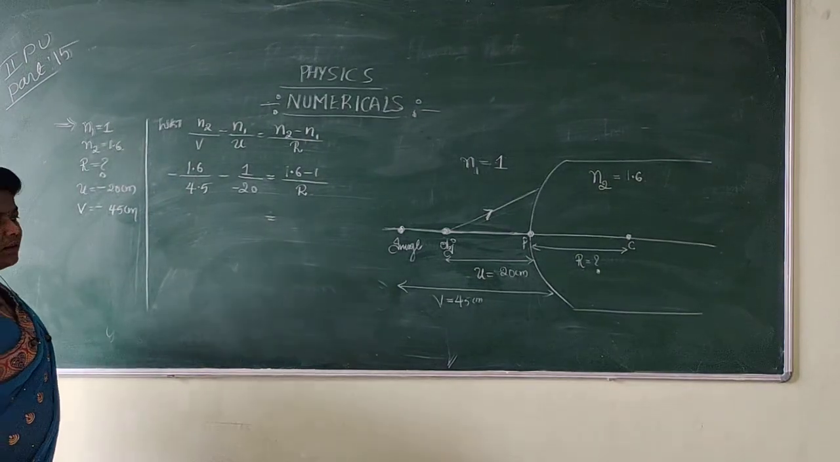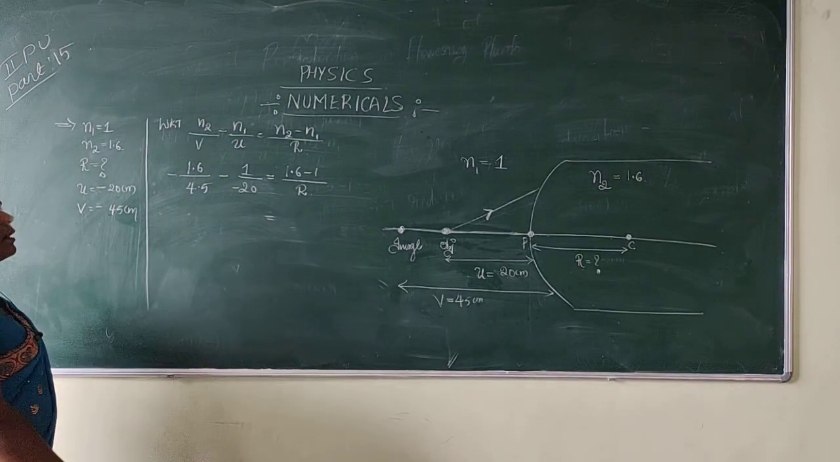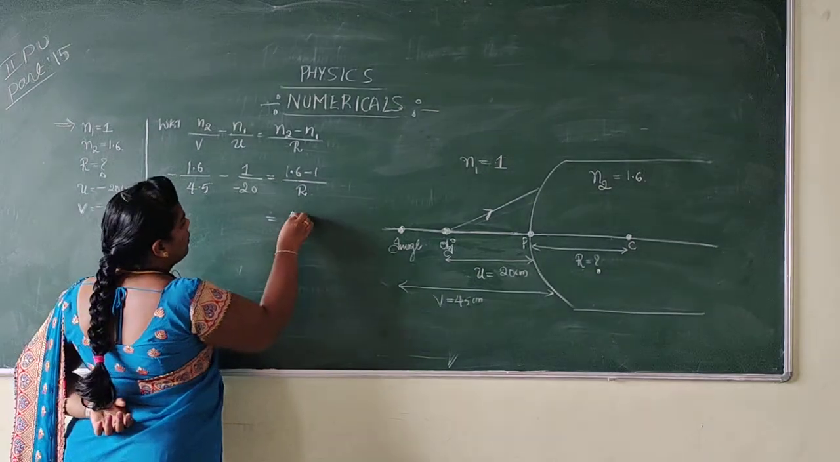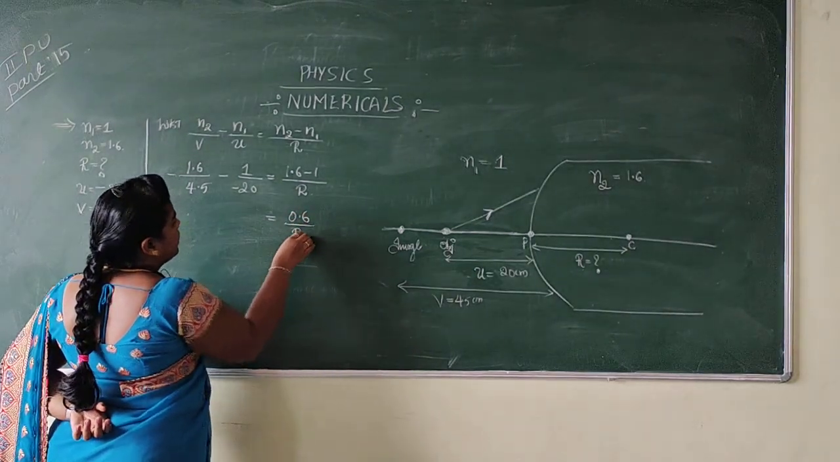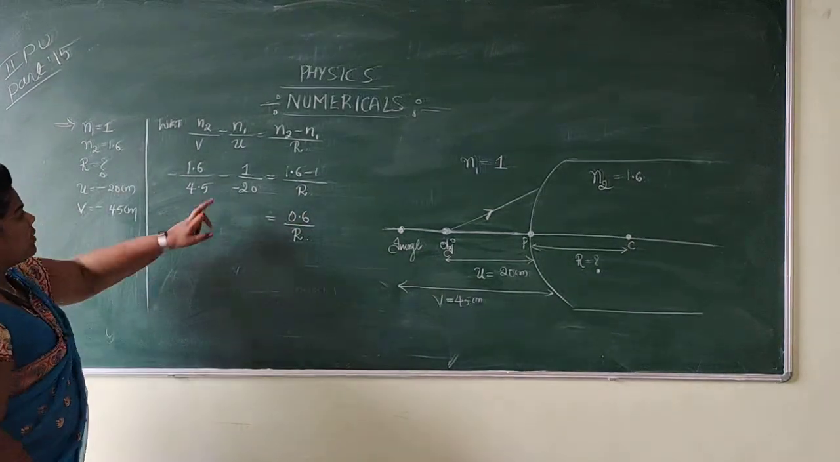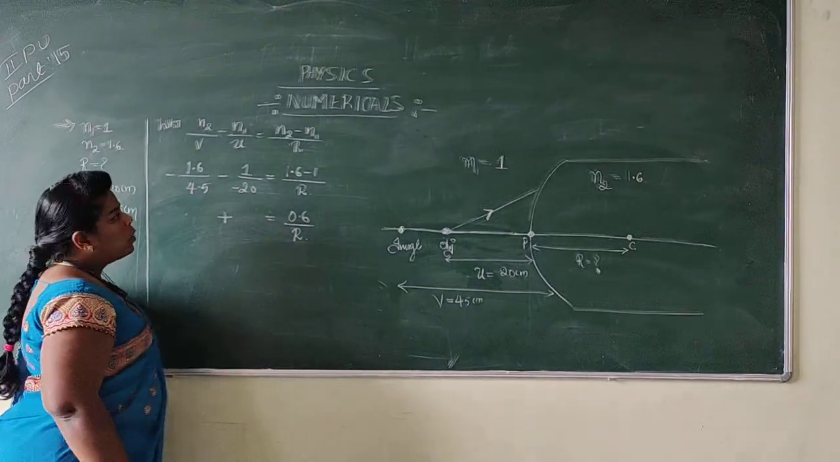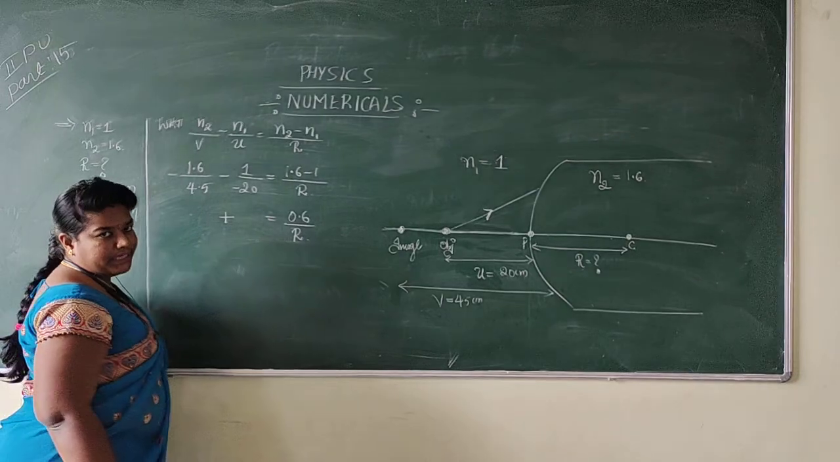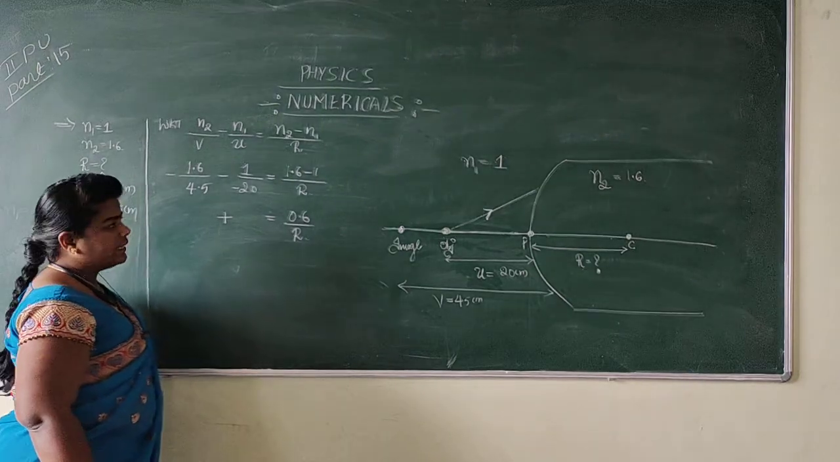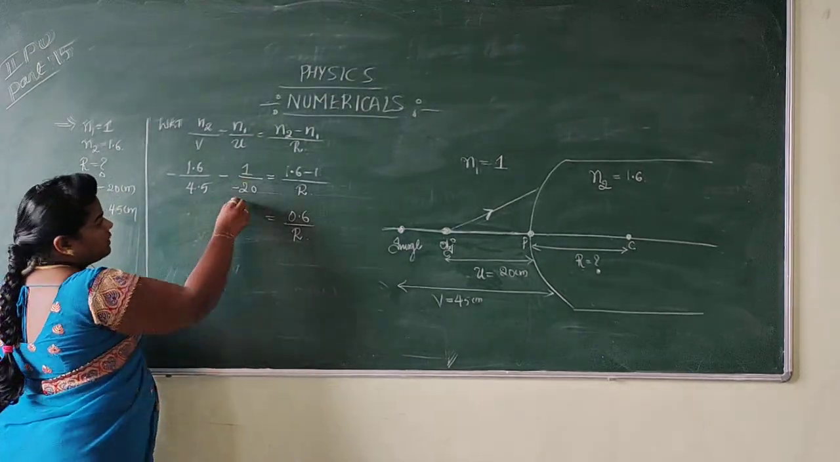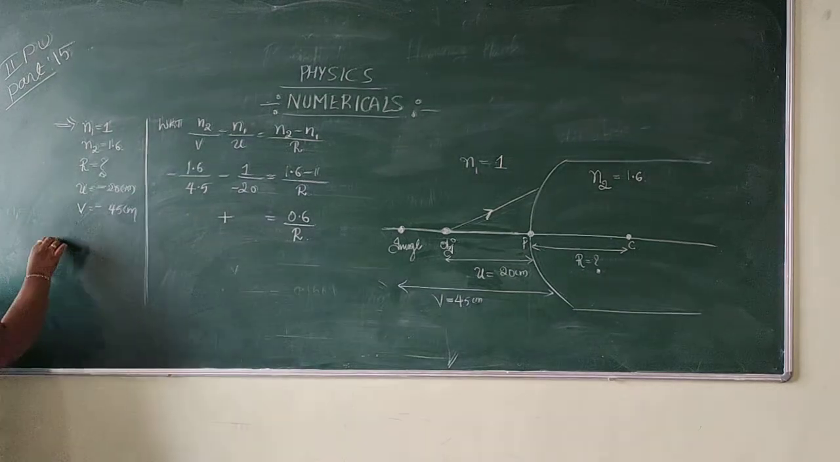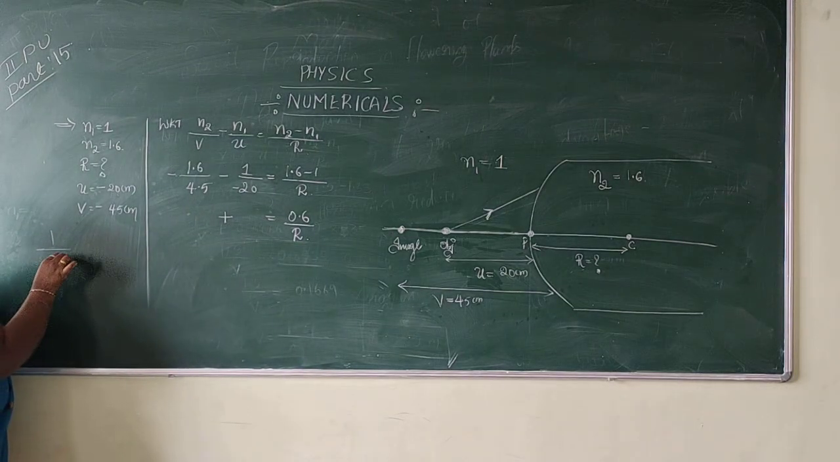1.6 minus 1. What is 1.6 minus 1? It is 0.6 divided by r. Here minus into minus becomes plus, 1 divided by 20. So it means 1 divided by 20. Right? So 1 by 20 can be written as